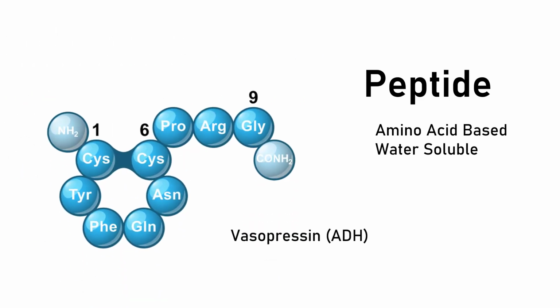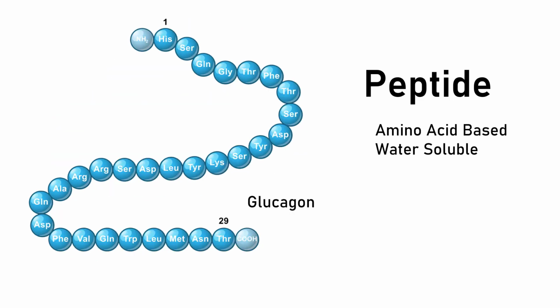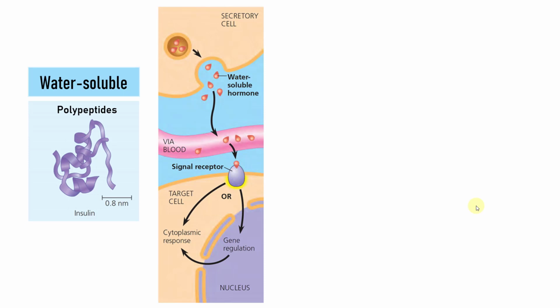And so we can just look at it like this, where you have your cysteine and tyrosine and phenylalanine, and so you have all of your amino acids that are there. You can get longer chains like insulin, and you can see the structure that's there, or then its antithesis glucagon, and then you can get very long chains like growth hormone, which has about 190 amino acids. And so you have quite a bit of these peptide hormones that exist, and all are produced and utilized in the same way in terms of these are water soluble, and they have different responsibilities, if you will, when they have to transport through the body.